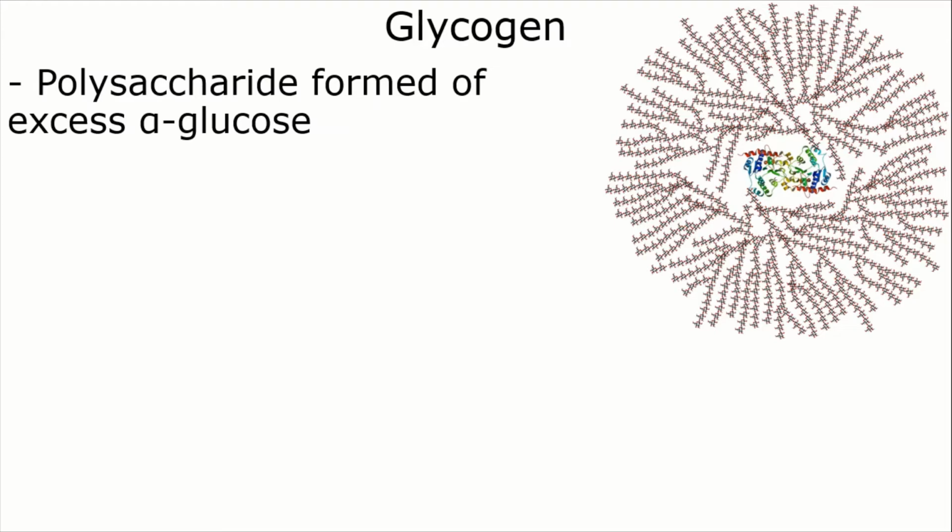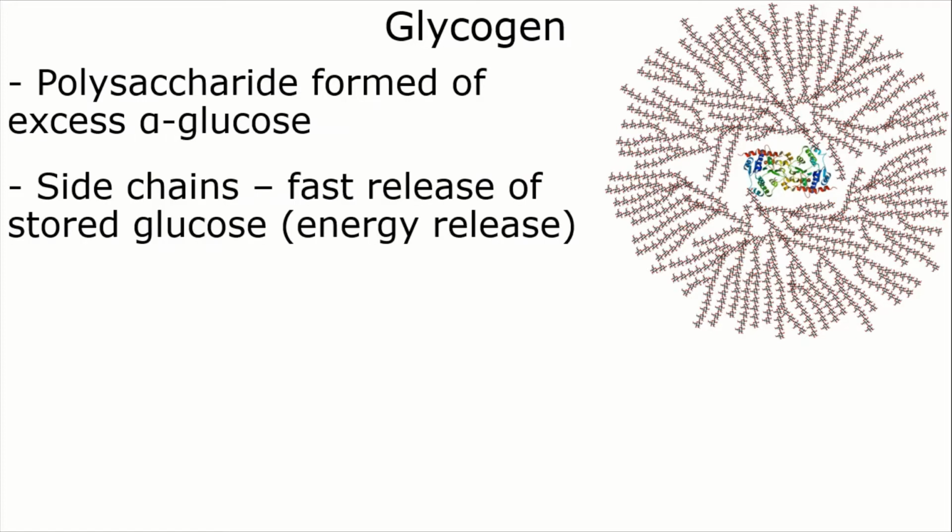So if you ate a really sugary meal and had lots of excess glucose, then it would be stored as glycogen. A process called glycogenesis would occur, which is where glycogen is formed and it's then stored in the liver. Now, the presence of these side chains allows for a really fast release of this stored glucose. So this is a process called glycogenolysis, which literally means splitting apart of glycogen. And it is broken down into these glucose 1 phosphate units, which are then used in